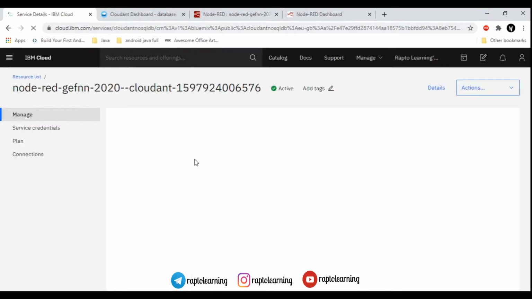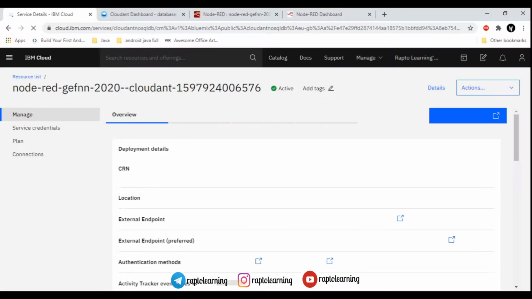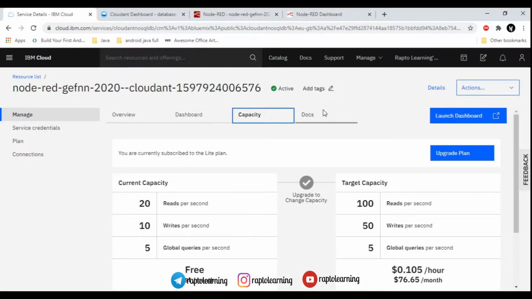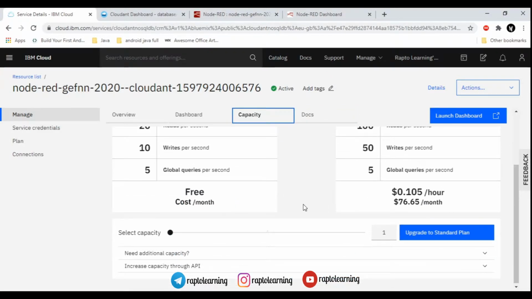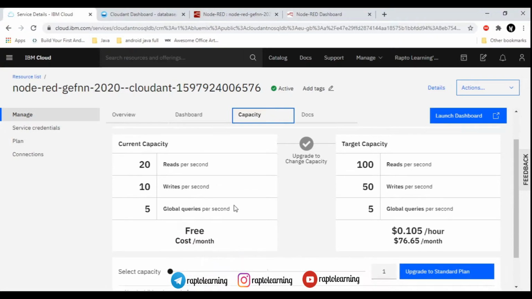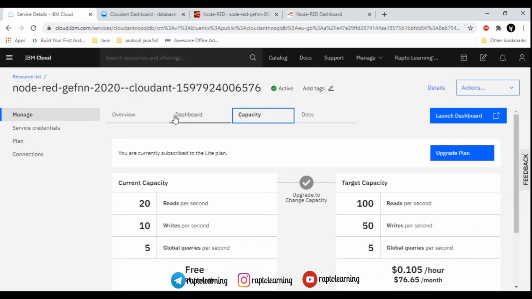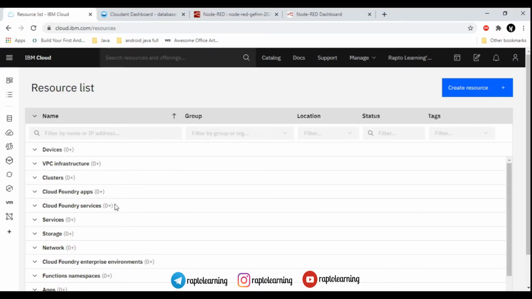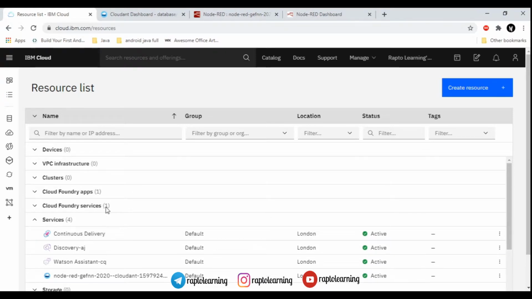So make sure that you close that tab and again enter into cloud end through this step that I will show you, that is, you can launch this dashboard here also, or please relaunch the dashboard of the cloud end if you are getting the sign in error option. It has the capacity, and here are documents available. This is free, that is, we can read only 20 and write 10 per second. So if you are facing any login issue or it is asking for sign in again and again, then I will show you where the sign in of your cloud end will be available to you.